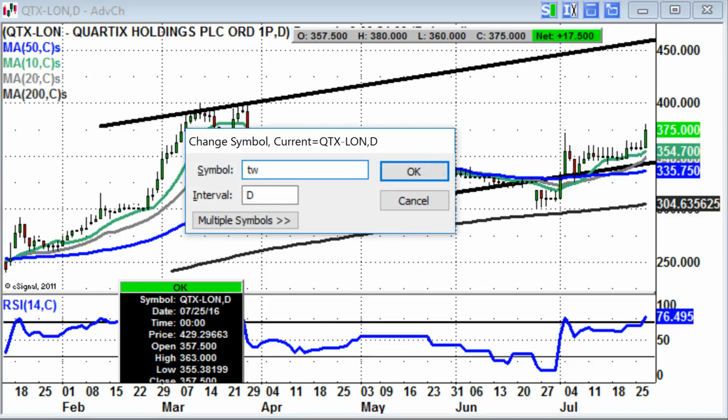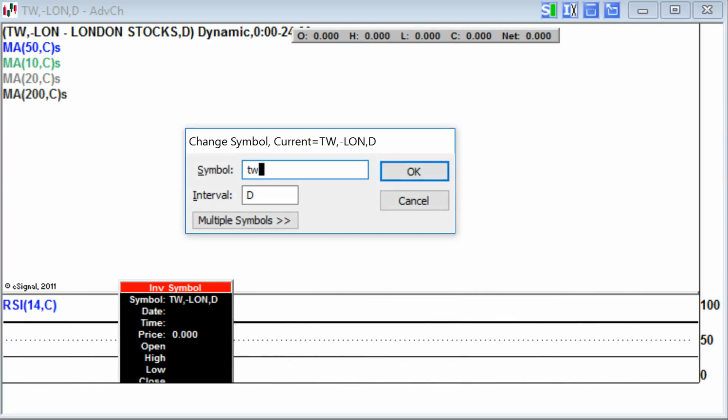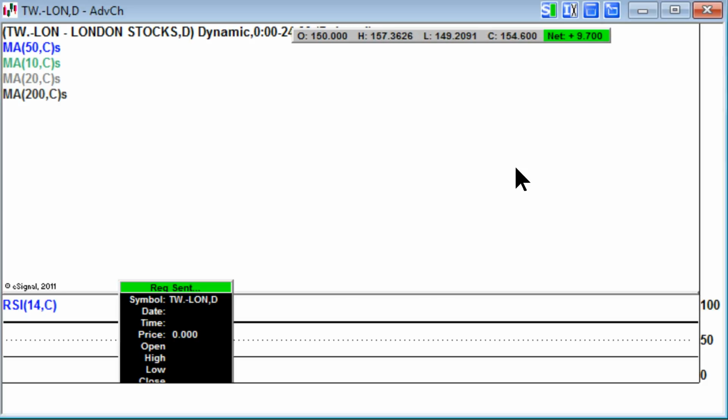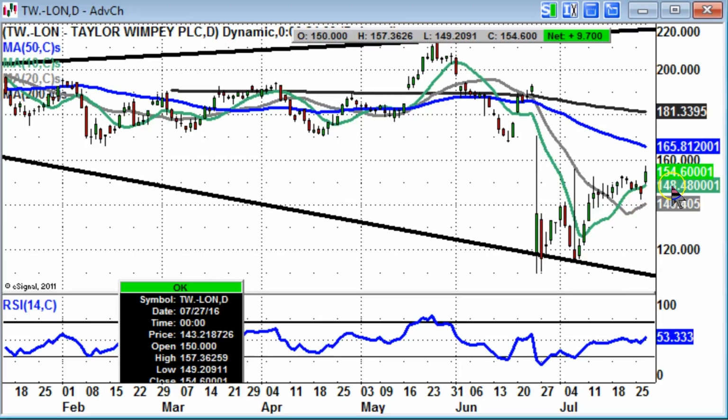Back to the real estate house building area with Taylor Wimpey, and the situation here is that we've been trying to work out whether this is a continuation move on the downside or not after the breakdown in June. At the moment, with yesterday's gap to the upside through the 10-day moving average, it's probably worth giving the shares the benefit of the doubt while above the 10-day line at 148 pence. The upside here could be the 50-day average at 165 pence, especially with the RSI rebound on the neutral 50 level. So that does suggest there is some positive momentum, at least to take the shares back to what was formerly their